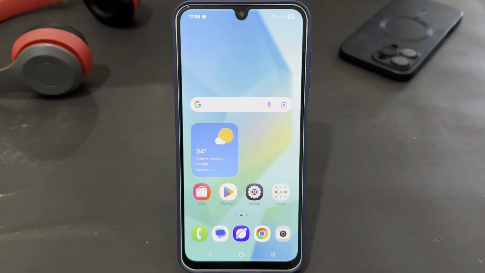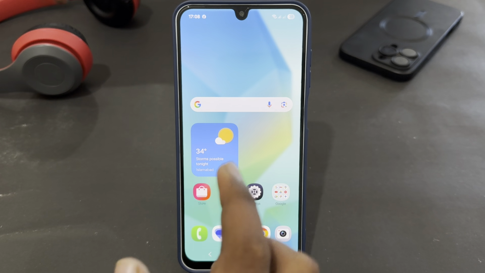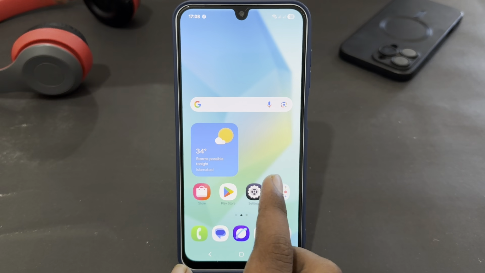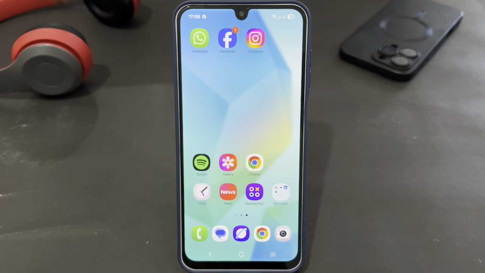Hey guys, today I'm going to tell you how to create a new Instagram account. If you are using Instagram and you want to create a new account, let's see how you can do that. First of all, you just have to open your Instagram app,